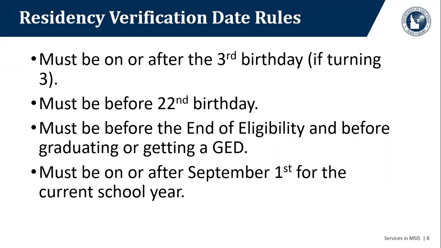Sometimes there is no good date. The child moved out of state when they were 2, and then we just leave the date the way it is, even though that student won't count for funding purposes. The dates should always be honest, true dates that we know that the family was here or the child was here.